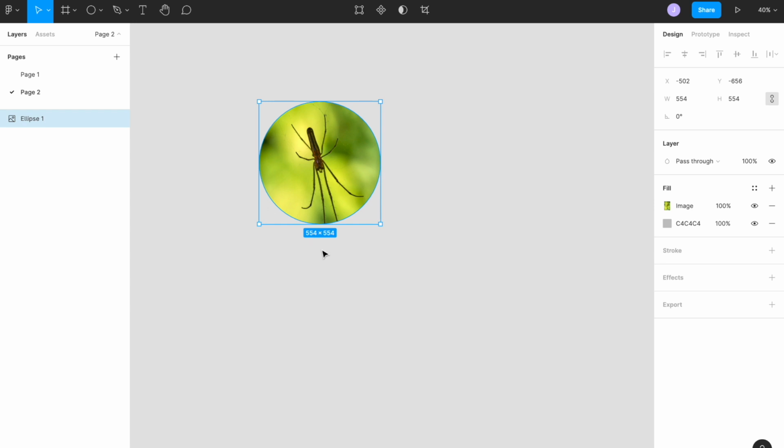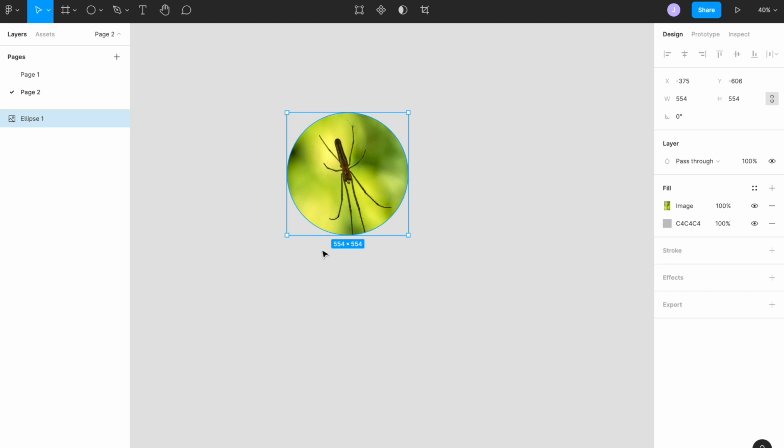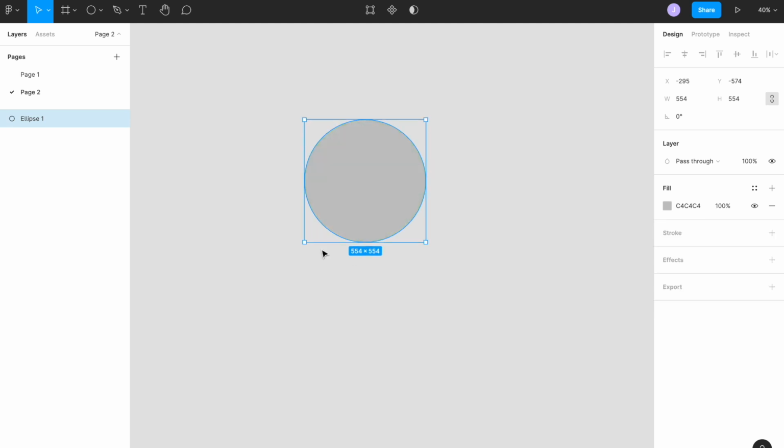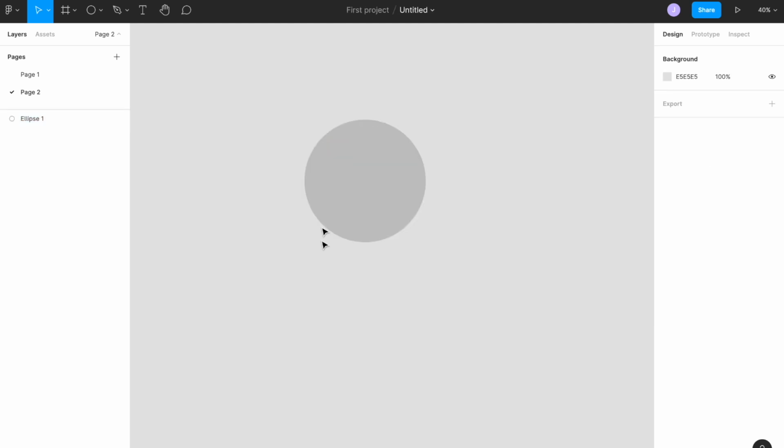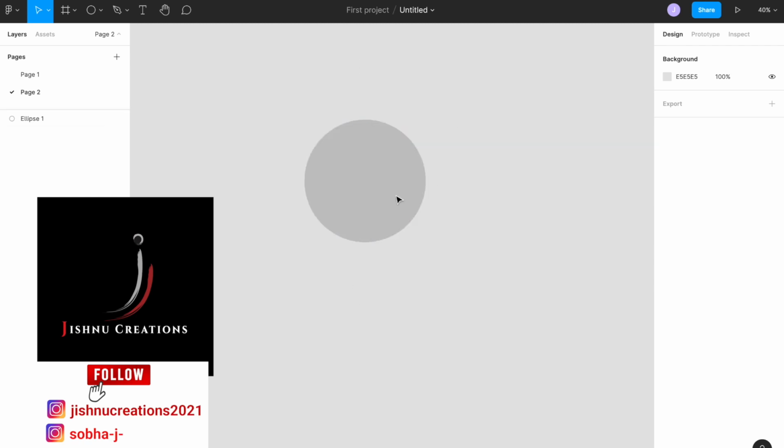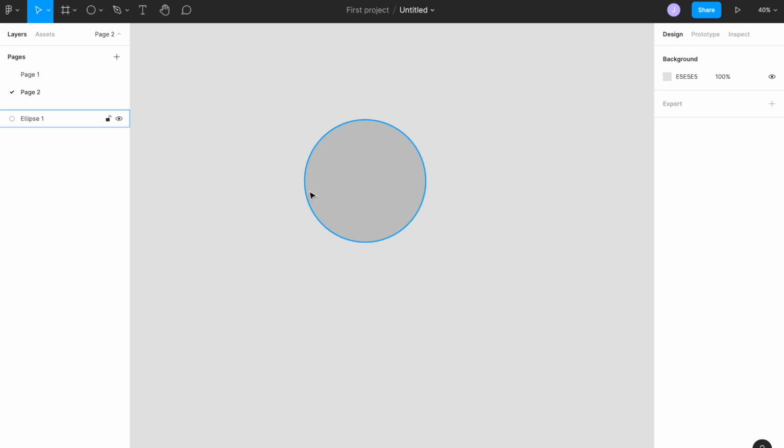Now we are going to see how to clip mask an image which is movable in this shape. I have created a shape here, an ellipse. If you have downloaded images from Google or other sites, you can put that image here.